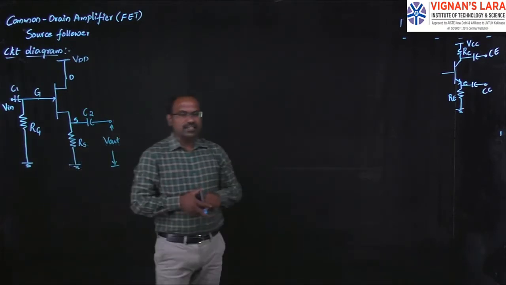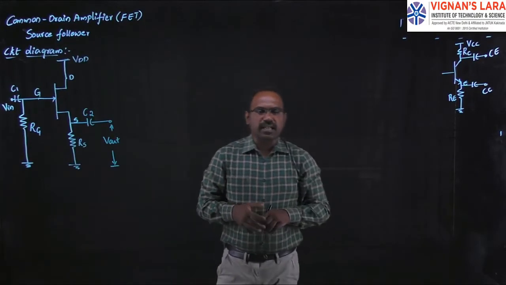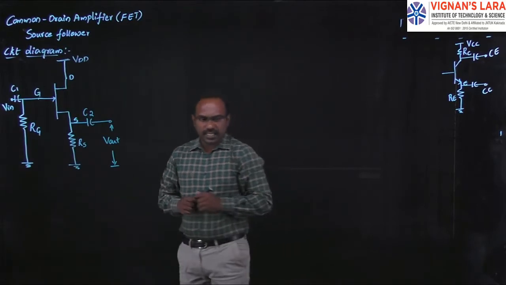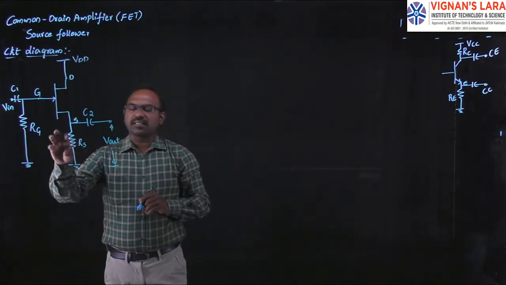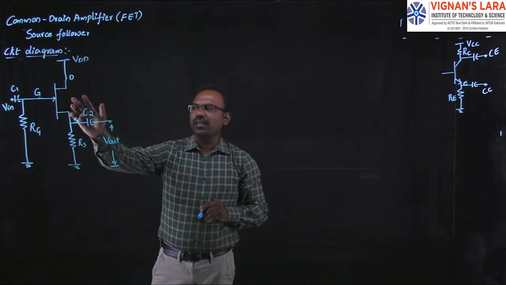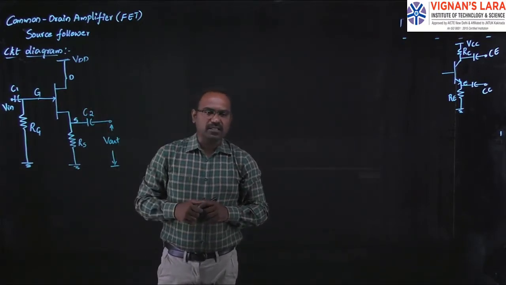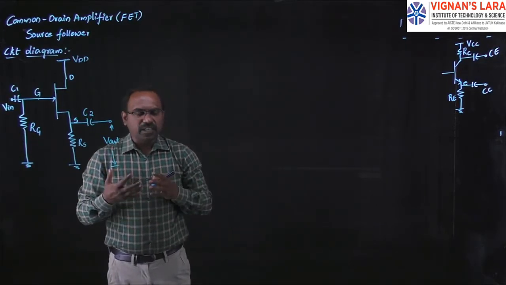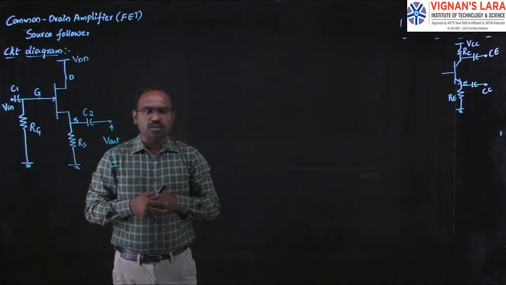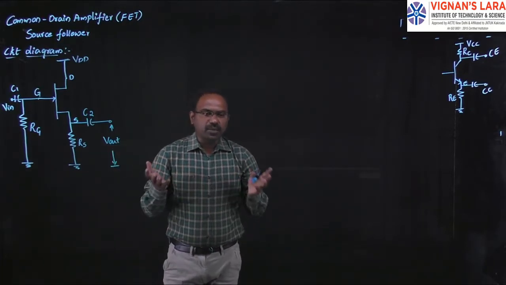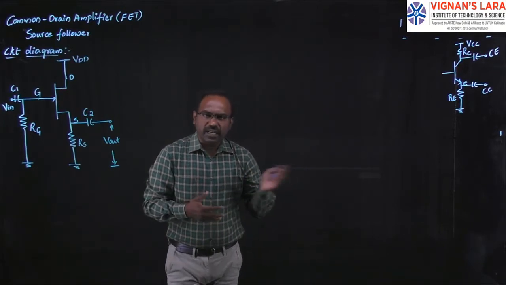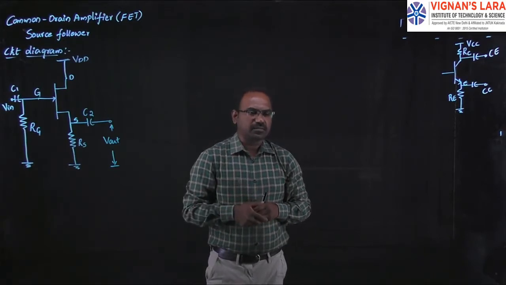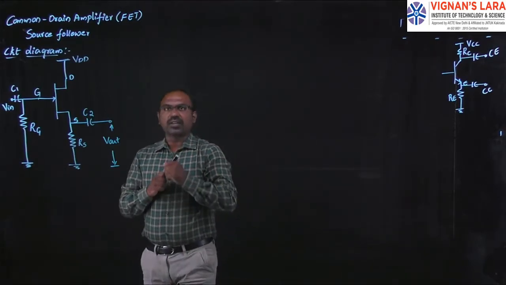So now we have to analyze this circuit. We are going to calculate the input impedance, the output impedance, as well as the voltage gain. So now I am replacing this circuit with the small signal model of the field effect transistor. The small signal model of the field effect transistor contains, at the input side, between gate and source, simply an open circuit. Between drain and source, we will have a current source and a resistance RD. Right? So now I am drawing the circuit diagram.